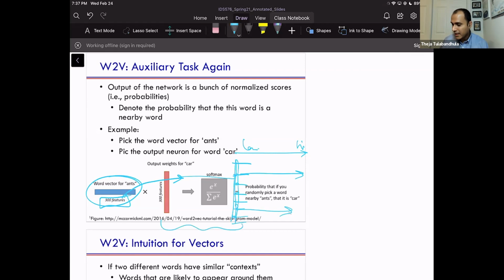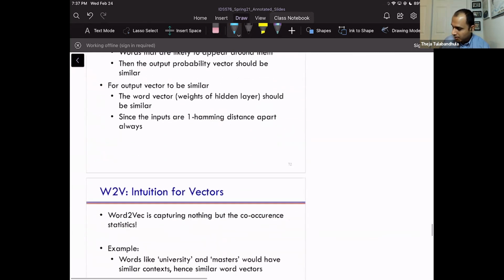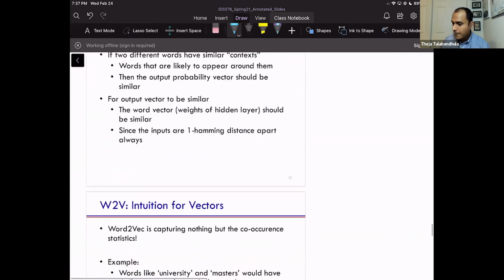And this part is that once you have a 300 dimensional vector, how do we get to high scores here? So we're learning both these weights and these weights. We are learning the 2 sets of weights in the one hidden layer neural network, right? It's just that the first set of weights, we're just interpreting them as word vectors.